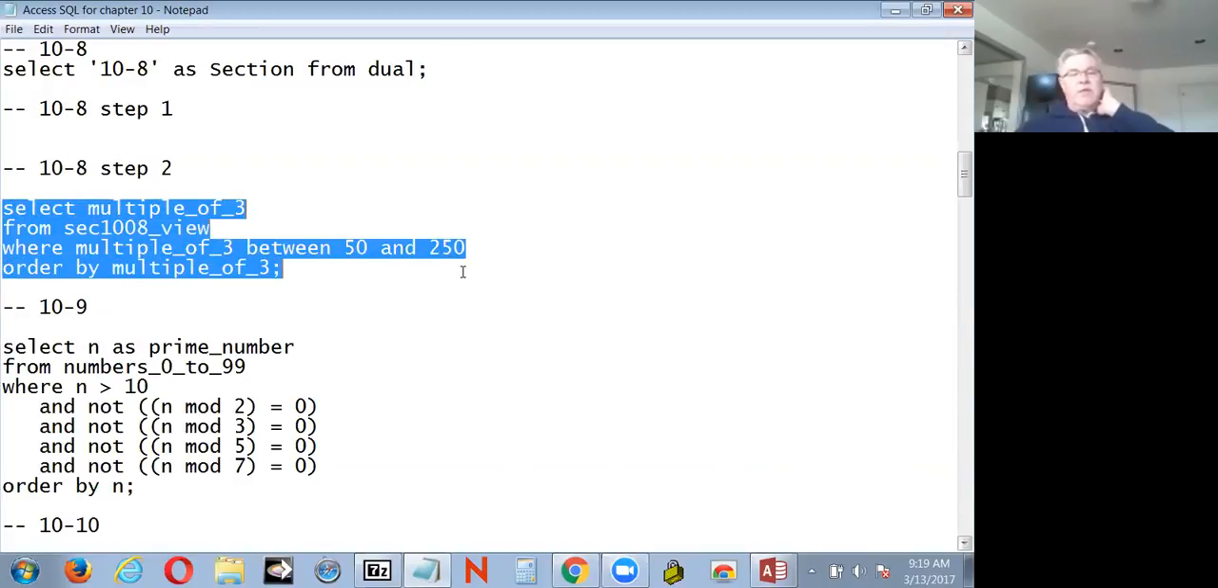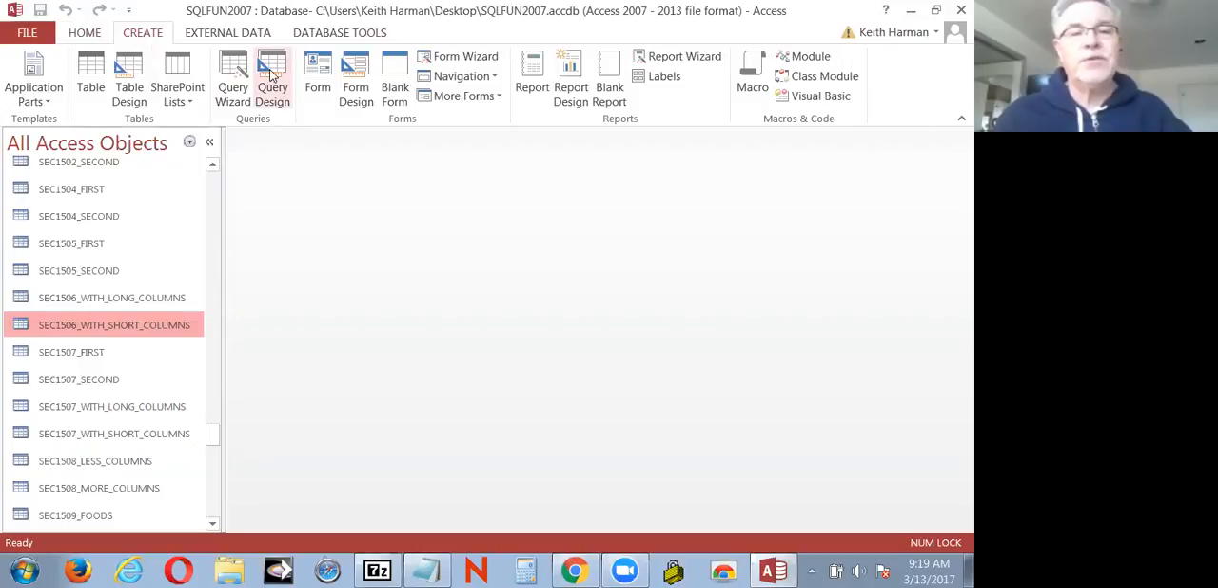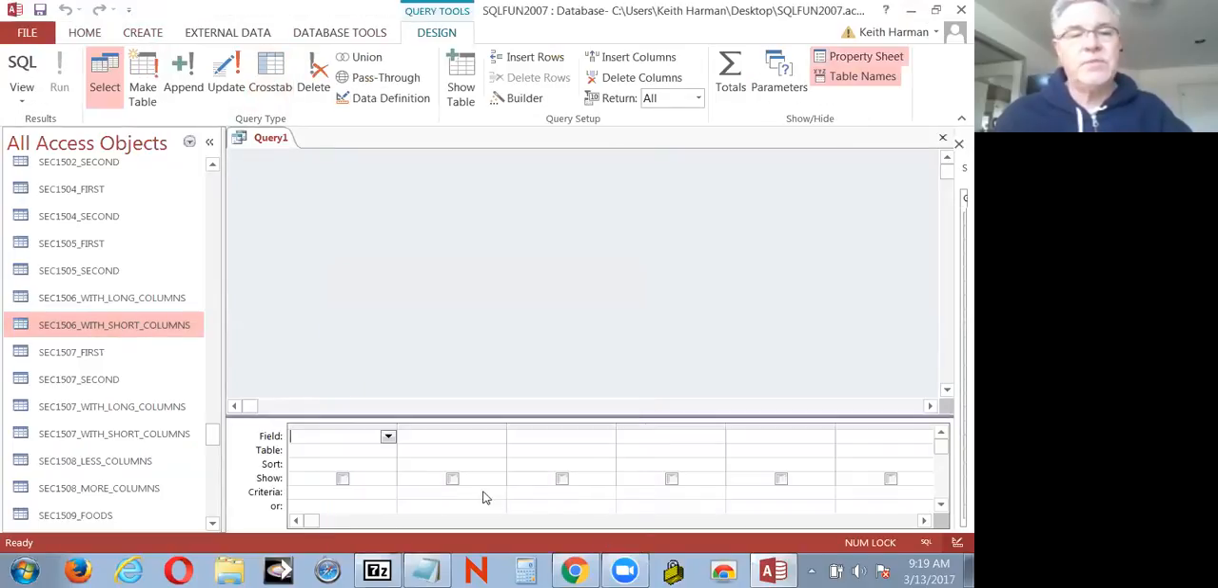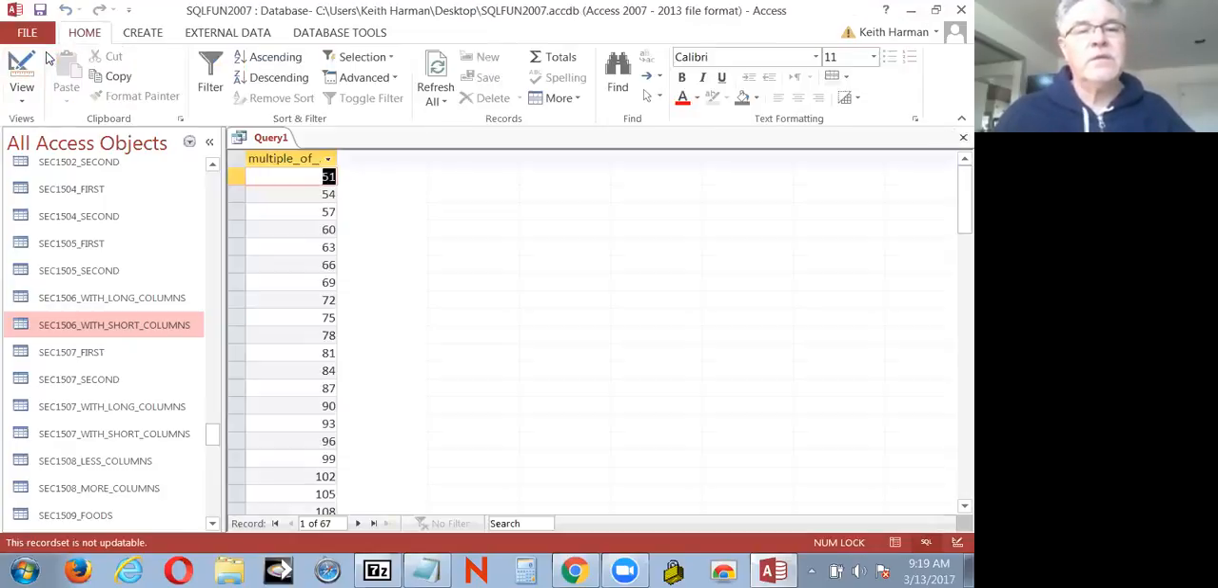And here we're going to select the multiples of 3 of numbers between 50 and 250. So we'll copy that text, go back to SQL Fund, and do the usual series of steps. We'll go down to the SQL view, paste in our code, and run it. And there it is. Multiples,